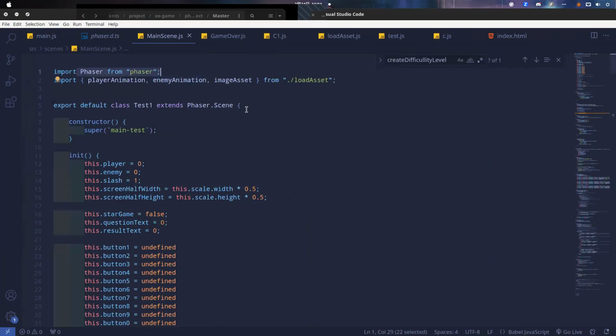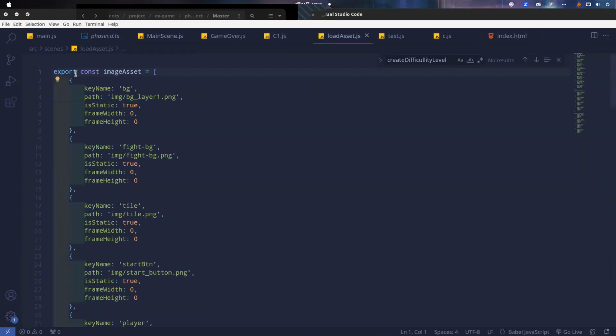Okay, and next, we have a different file. If you see log assets, maybe we are in this one. I just want to make a separate file, for example, this file for log assets is only for the assets. That's why I want it separate instead of using the same file in the scenes, and we can simply use import. But before we use import, let's go to log assets.